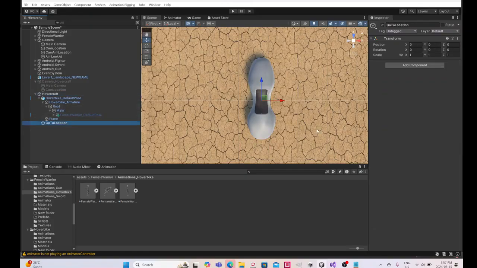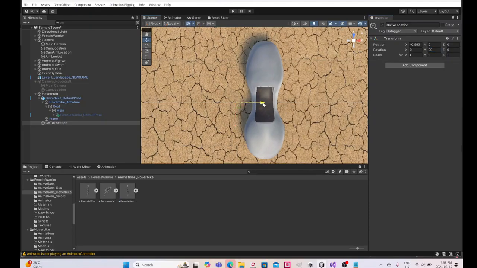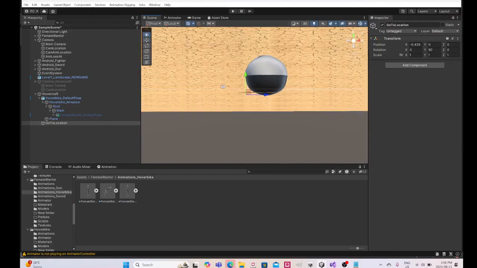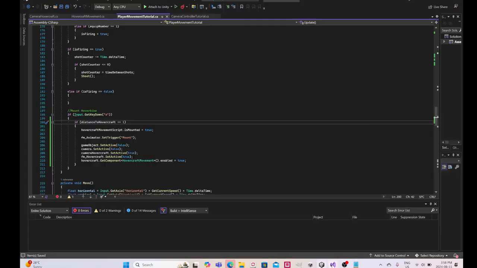So for this go to location, I'm going to rotate it so that the Z is pointing this way. And I need to make sure. Okay, that's good enough. So whenever she dismounts,